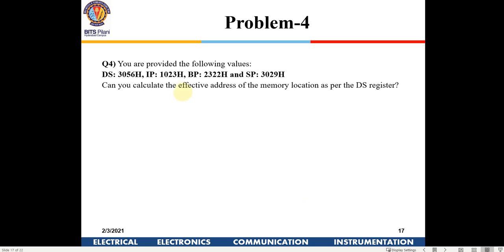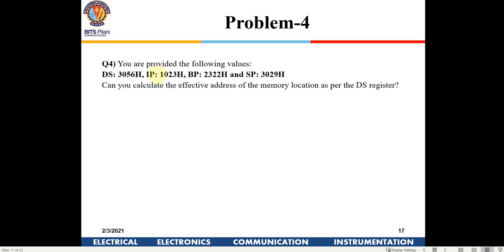Then there is one more question. You are provided with the following values: DS, IP, BP, and SP. Can you calculate the effective address of the memory location as per the DS register? We know that it cannot be done, because DS doesn't work with IP and BP.